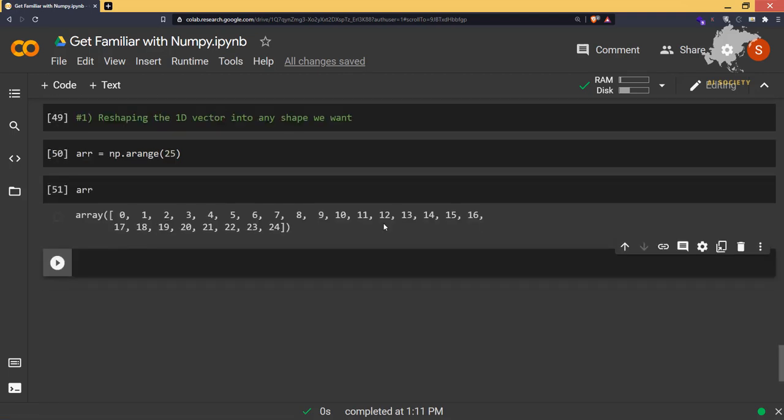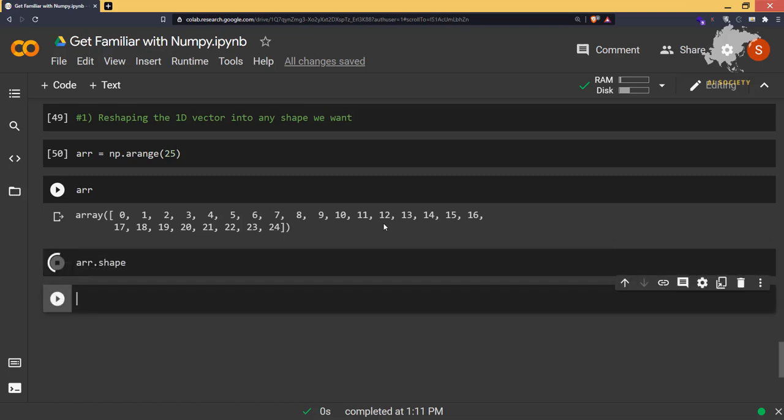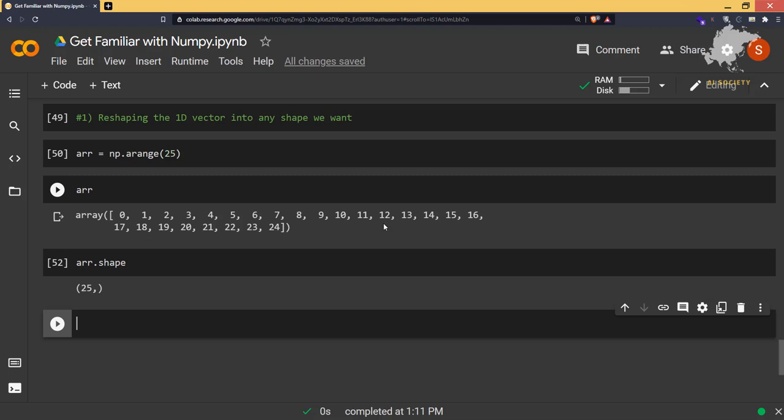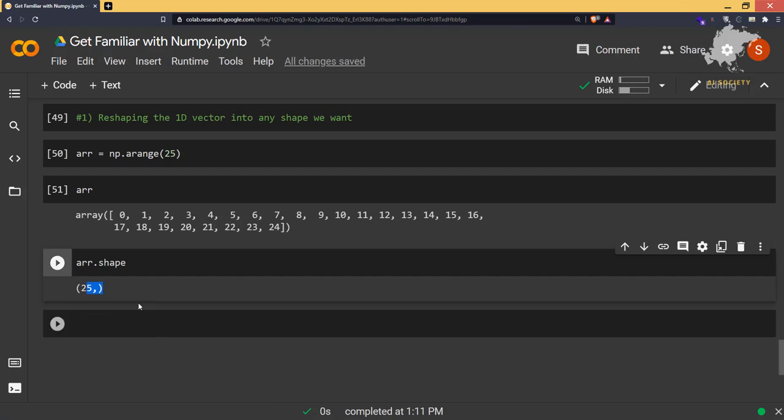After that, if we check ARR.shape, it is going to give you the shape of this particular array. It is a 1D array, so it just gives you the number of elements in the form of a tuple. If you're confused about why there is a comma, it is because a tuple with a single element needs a trailing comma; otherwise it would just show as an integer output.